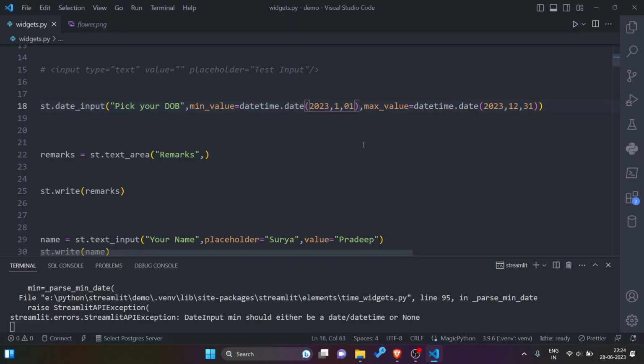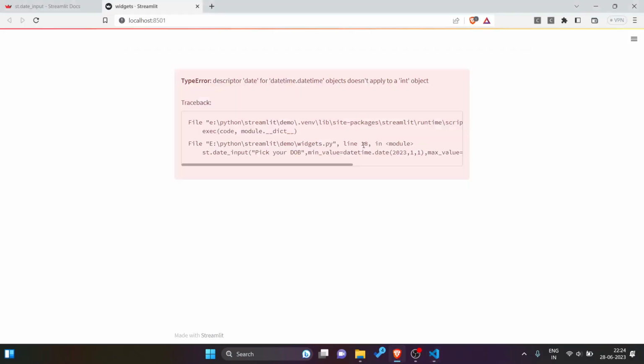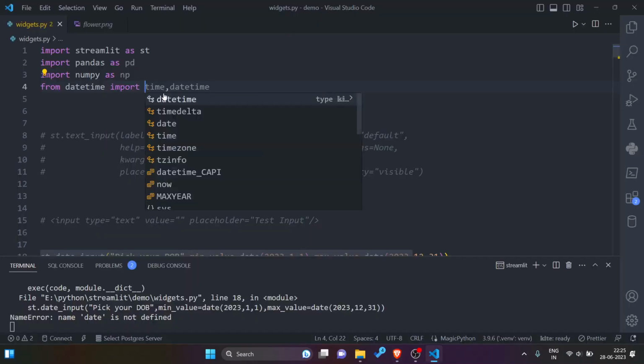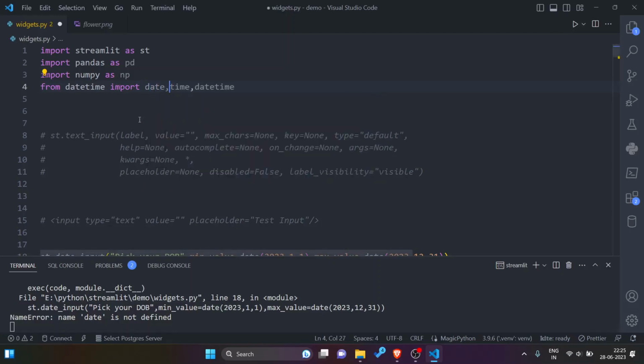Okay, it accepts number here, so only numbers are allowed. Datetime.datetime object does not apply to int objects. Okay, let me troubleshoot it, because here date is not defined, so let me import date as well. So from datetime import datetime and date.